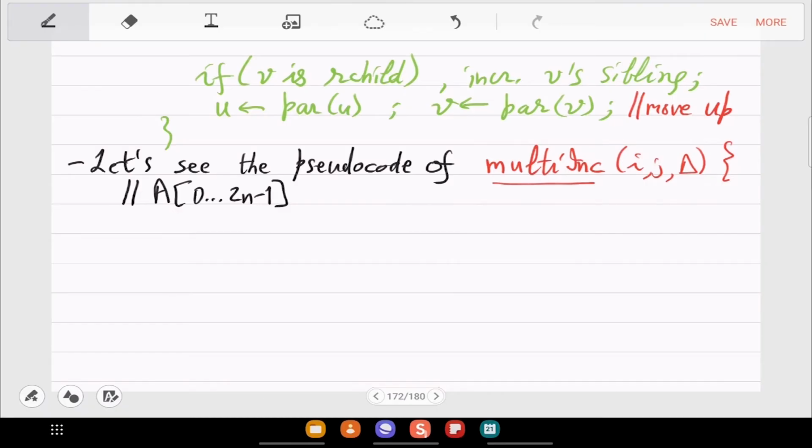Did we need 2n or 2n minus 1? I think for this example of 8, you needed only 15. So I can also manage in 2n minus 2, I guess. So an array of 2n minus 1 will store the whole tree, the complete binary tree, with values from the array that you were given.